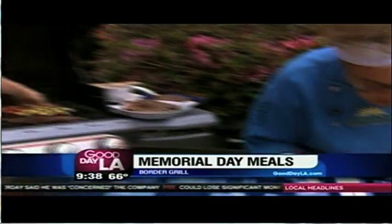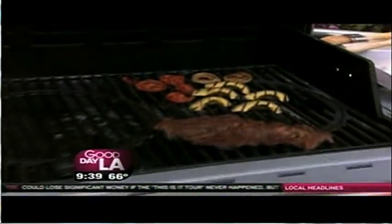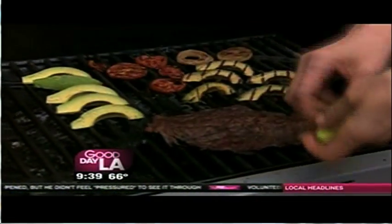It's fabulous. It's amazing. I guess you can really do anything. Is that a strip steak or a flounder? I can't tell which it is. That's a skirt steak. Skirt steak, actually. I like what I see. Yeah, so we're gonna put some...